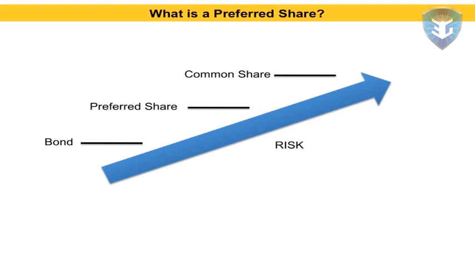So a preferred share is actually kind of in the middle as far as actually owning some of the equity of the business, but the preferred share performs like a bond. So as we go in the next slide, you're going to kind of see how that works. But as far as the thing that you got to really understand as far as risk is that the preferred share isn't as risky as owning common shares, but it is definitely more risky than just owning the bond of a company.